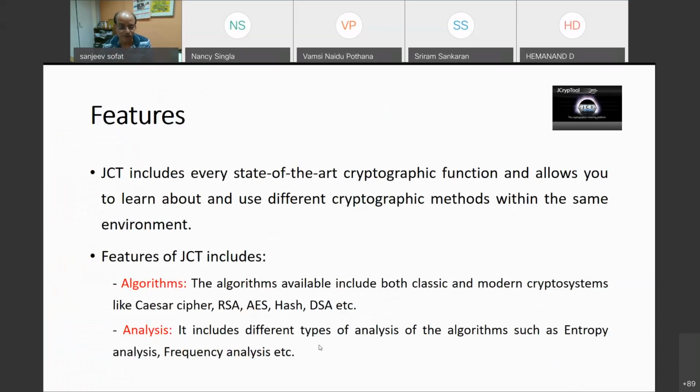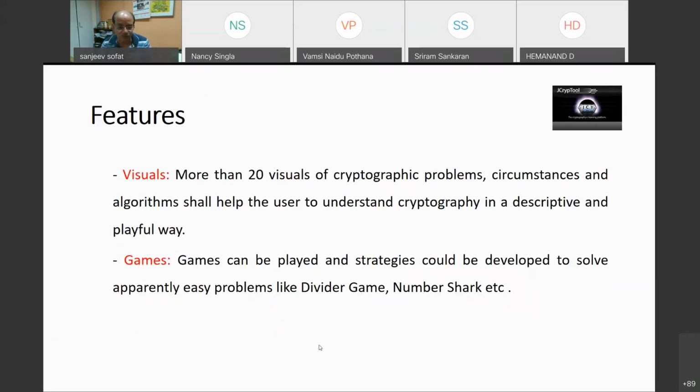And you can do a certain cryptanalysis upon that also. Maybe you can do frequency analysis, cryptanalysis. We have not gone into detail of this. Those of you who are keen to know about this algorithm can go for it. But yes, this is the way we do it for analytical purposes. Maybe it has a visualization tool also, and there are certain games built into this particular tool for academic purposes only.